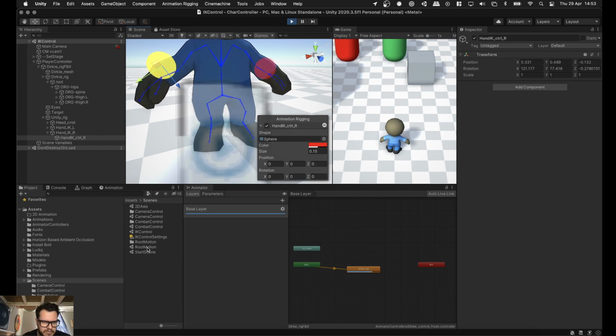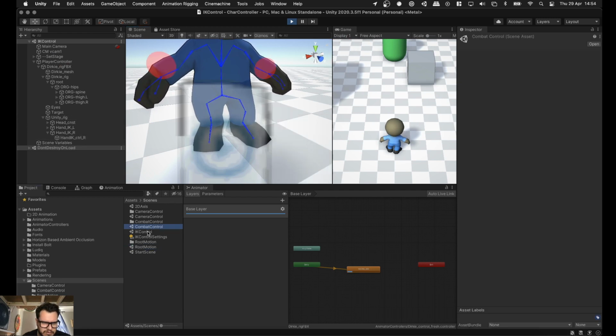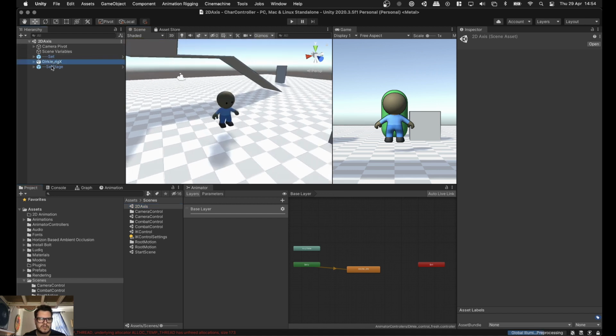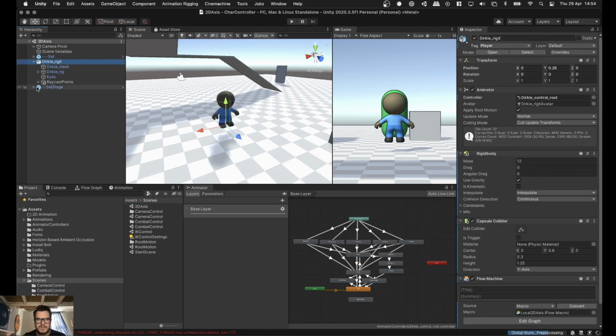Lastly, we have root motion, we have the combat controller, we have IK system, then we have 2D axes, which is I think just a 2.5D one. I don't know how far this one was developed. They sort of spawn off